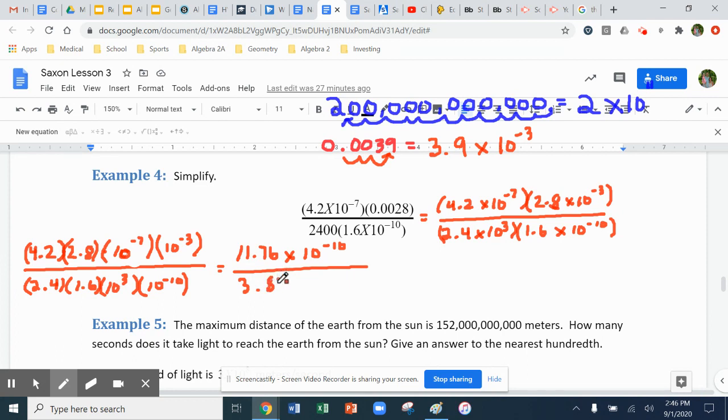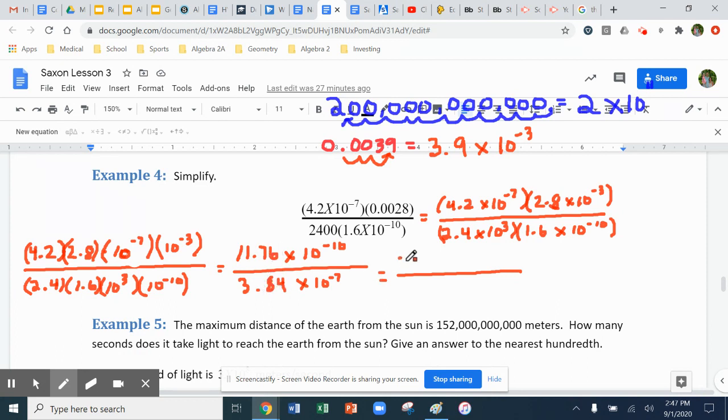And then the powers of 10, I'll take 3 plus negative 10, which is 10 to the negative 7th. Okay, next thing I will do is start to use division. So we're going to make a new fraction over here, and then we'll divide my number part, and then use my division of powers rule to divide my powers of 10. So I'll use my calculator again. I'm going to take 11.76 divided by 3.84, so I can divide the two number parts using my calculator,